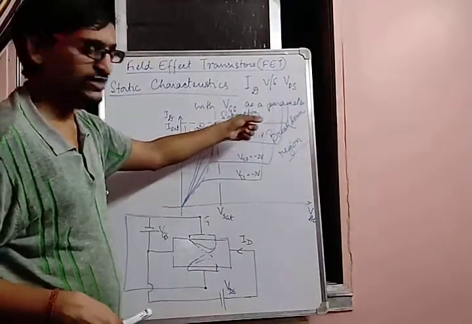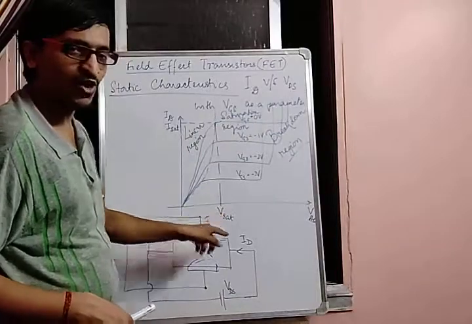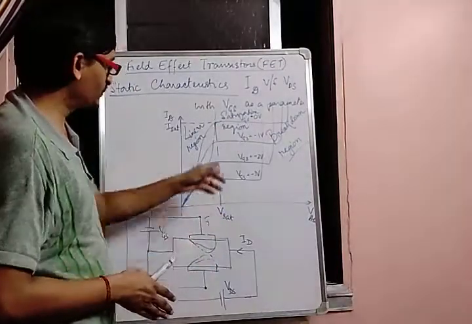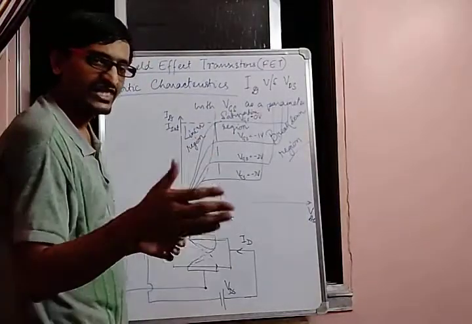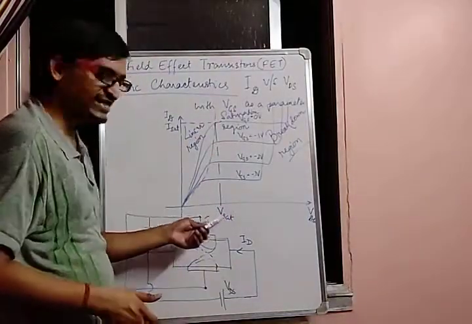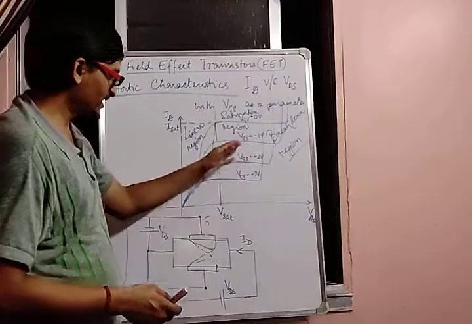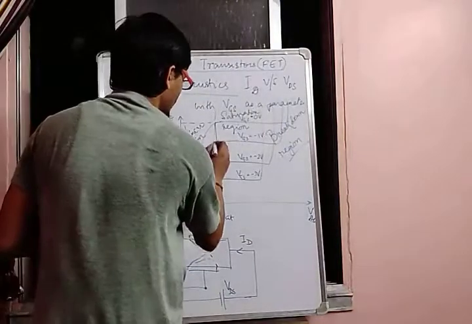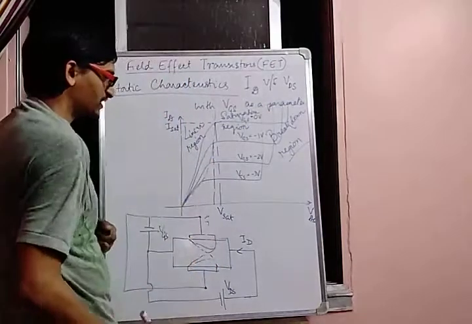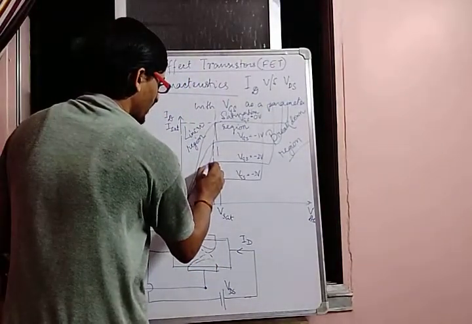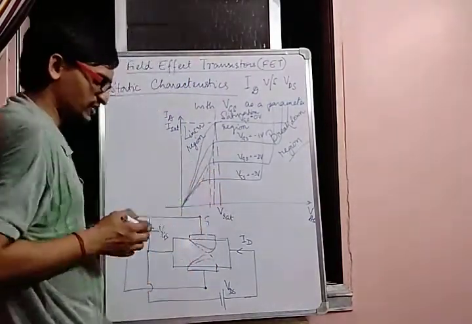That means your saturation will occur at a voltage even before what we got in the previous case. So as you increase the reverse bias, your saturation voltage, that means Vsat, will go on reducing. That means you will be getting a curve somewhat like this here. For Vgs equal to minus 1 volt, we are getting the saturation voltage to be this one. For Vgs equal to minus 2 volt, you are getting the saturation voltage to be this one.